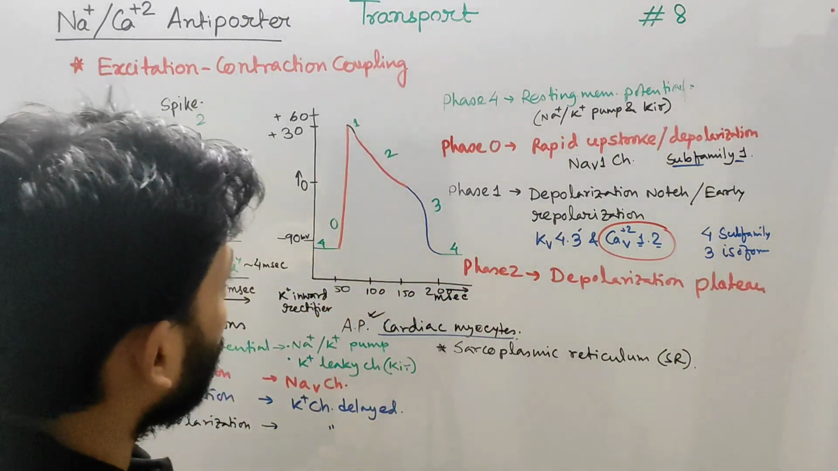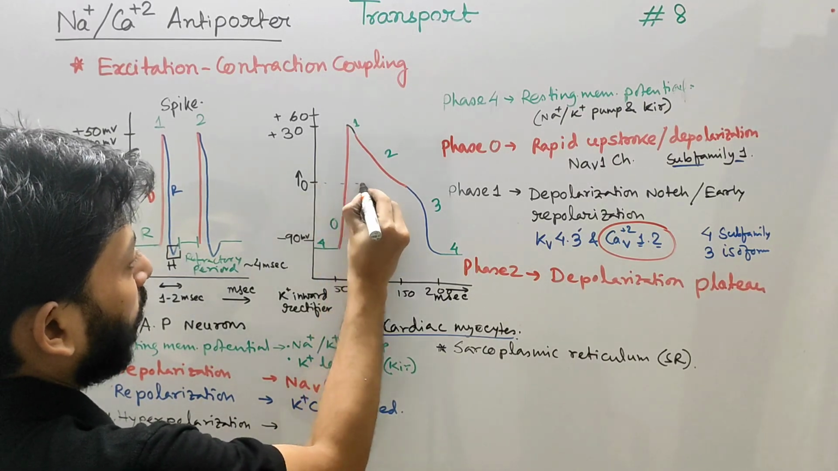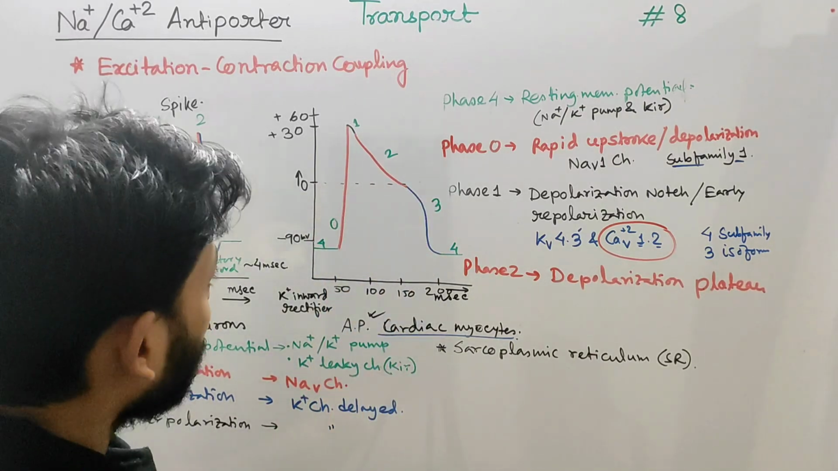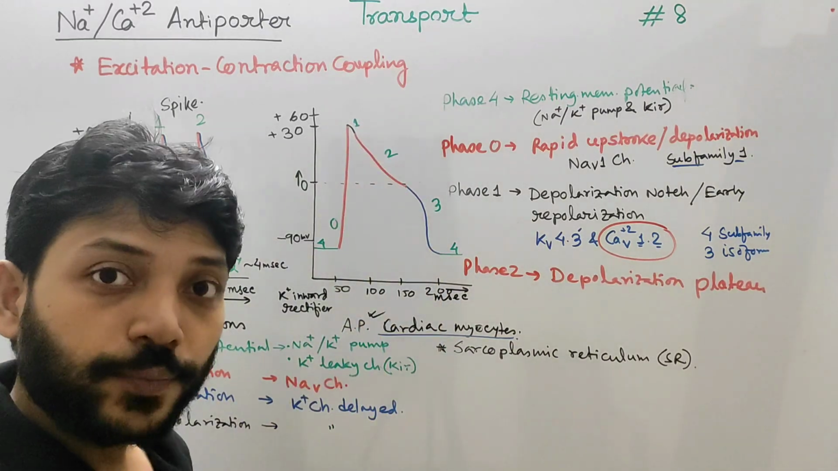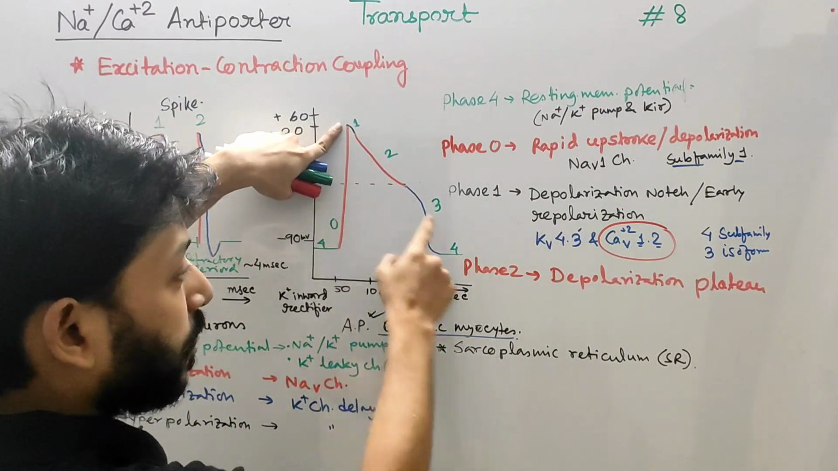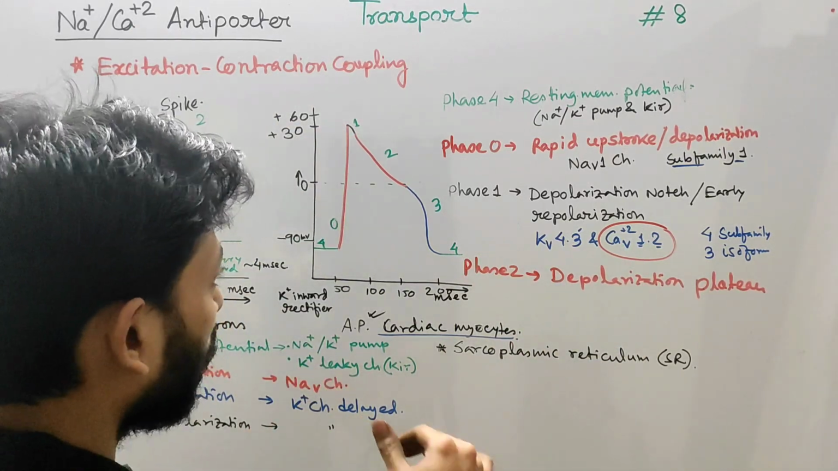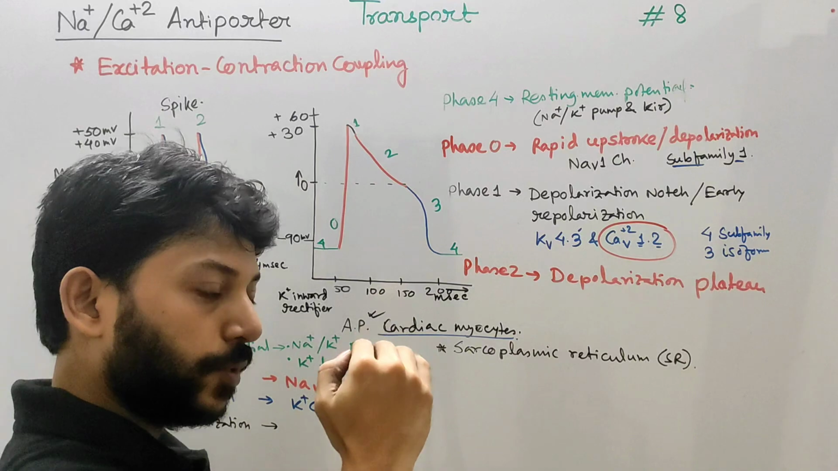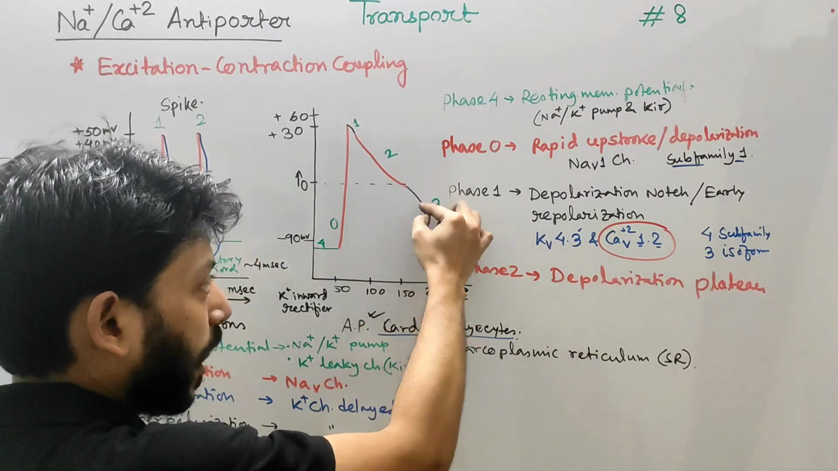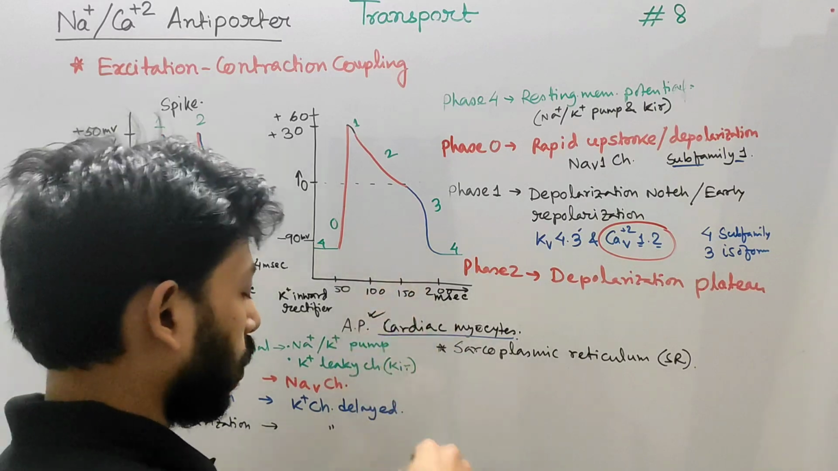Now as you can see, this is the 0 millivolt, and at these positions the action potential stays. So this phase maintains the depolarization. This is called the depolarization plateau. Now from 0 millivolt, when the action potential or membrane potential falls below 0 millivolt, we call it phase